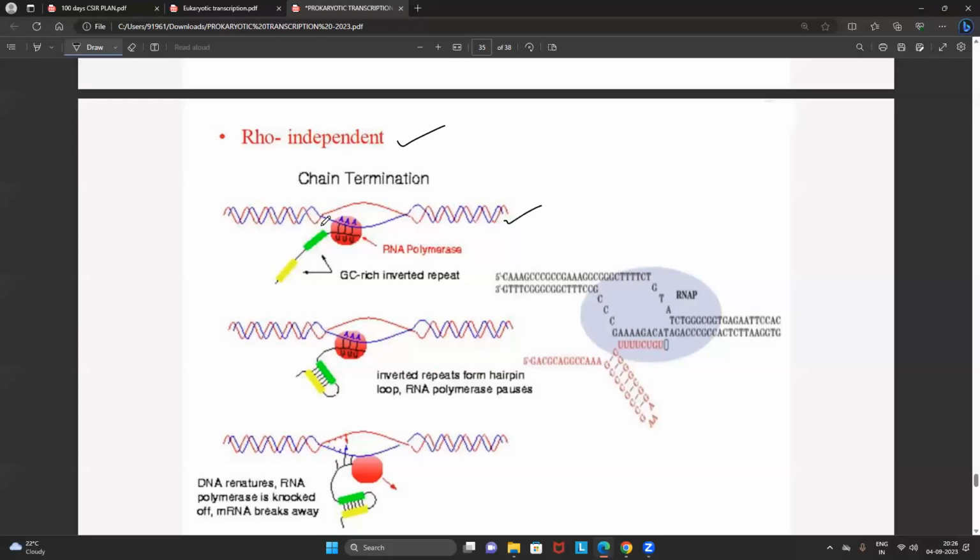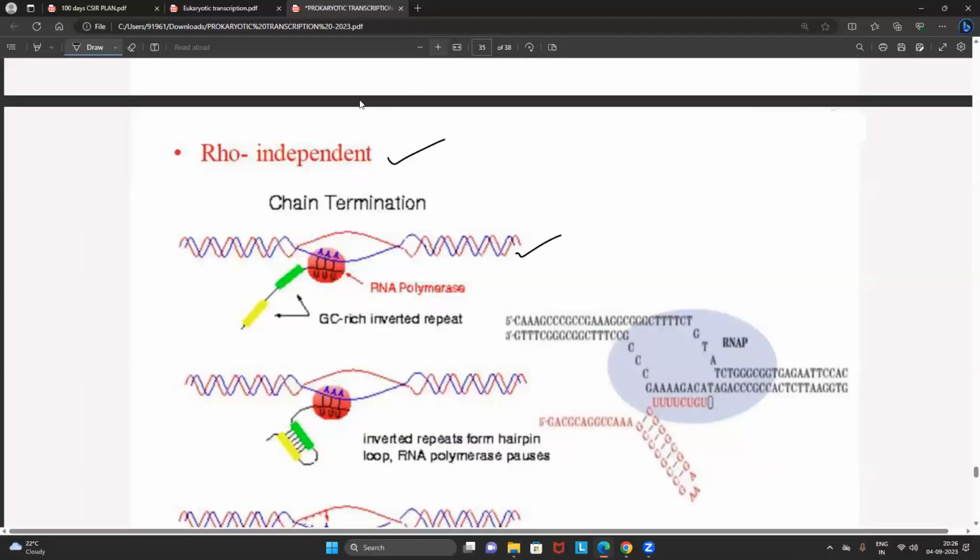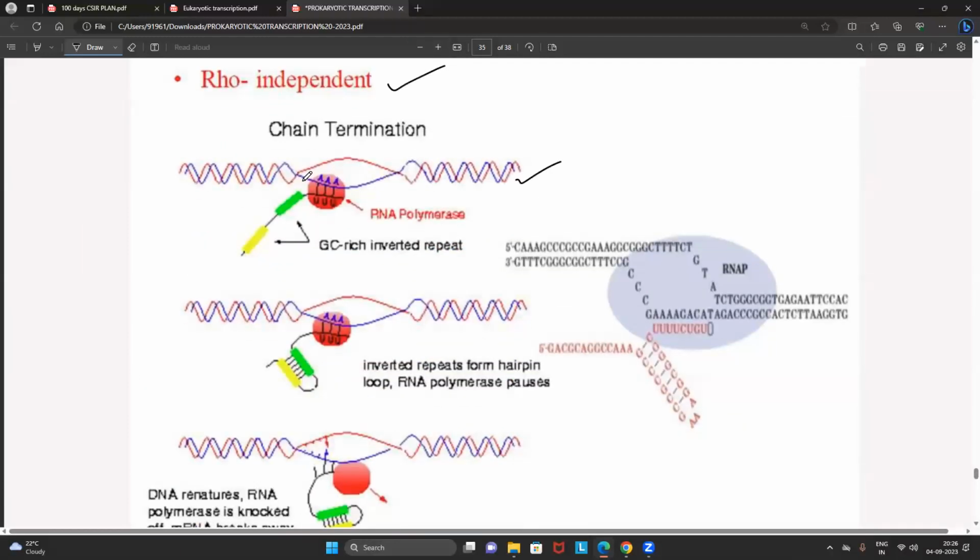Look into the point. This is the DNA. You can see, friends, what is coming out. This is the mRNA that is coming out. Every student focus on the diagram very clearly. You can see one thing. Still, listen, the mRNA is still attached to the DNA. You can see, right? We have to bring it out. How is that possible? The RNA itself has to bring it out. How? Listen, all the students. So this is the mRNA, right?